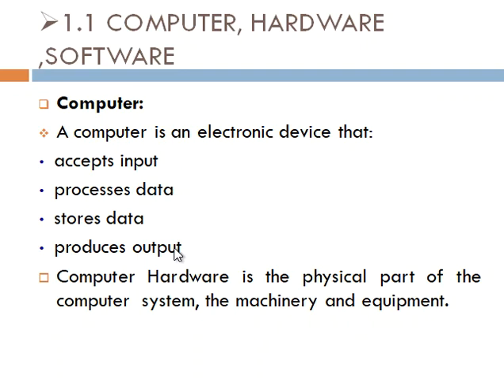Fine. Now a very interesting topic is hardware. What is hardware? Hardware is a thing that we can touch or feel. In our computer world, every part that we can touch and feel is known as hardware. A simple example of hardware is a mouse. A mouse we can touch and feel. Similarly, the keyboard we can touch and feel. Similarly, the monitor we can touch and feel. Every part of the computer that we can touch and feel is called hardware.